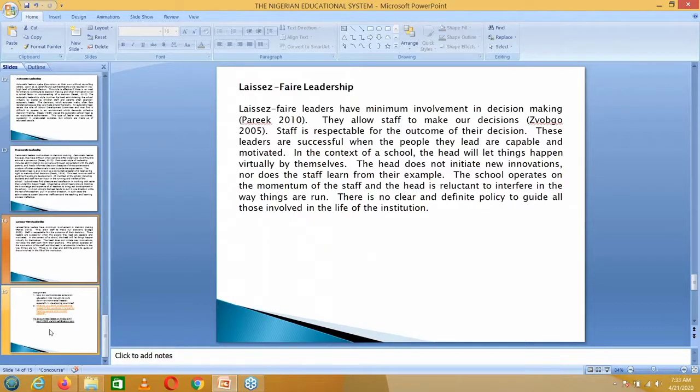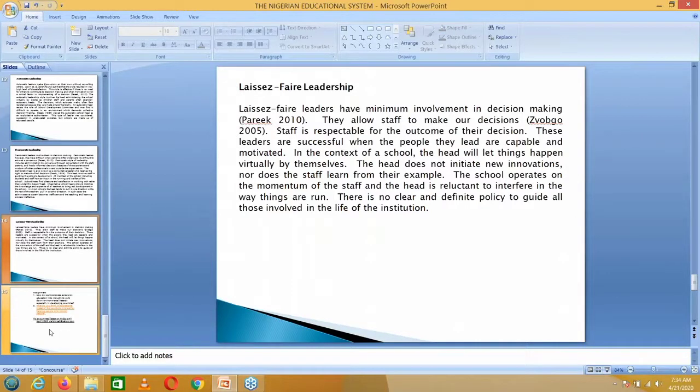In all these leadership styles, there are problems attached. There's no one that is perfect, so to say. The laissez-faire leadership style leaves every decision making to the staff. You understand? But it's more effective if the staff are capable and motivated. So when the staff is motivated, they tend to bring in their skills to help in the development